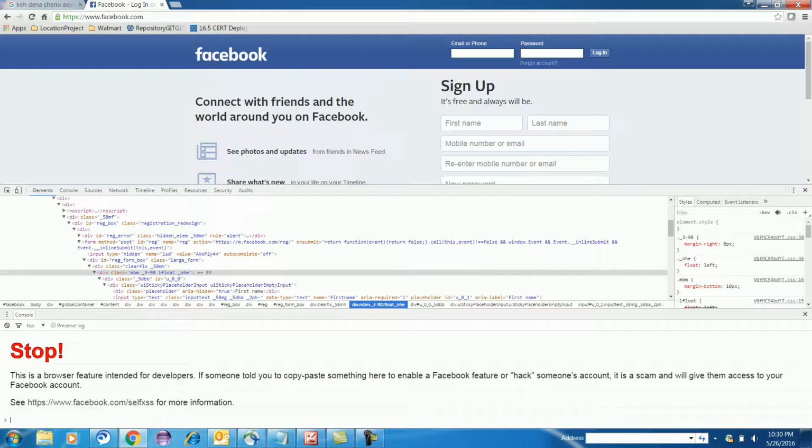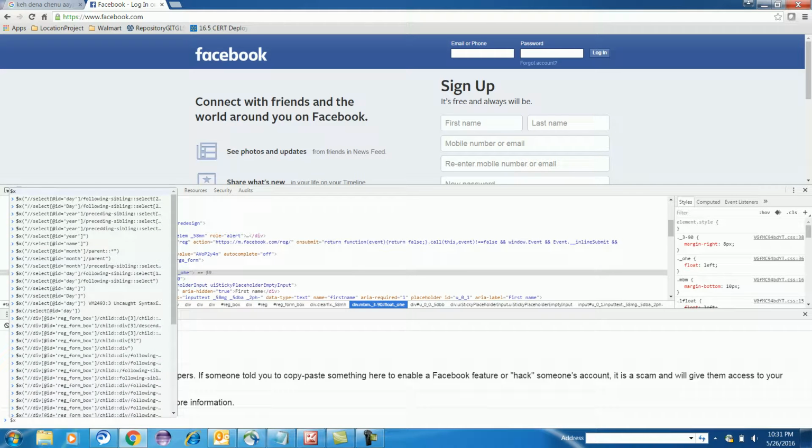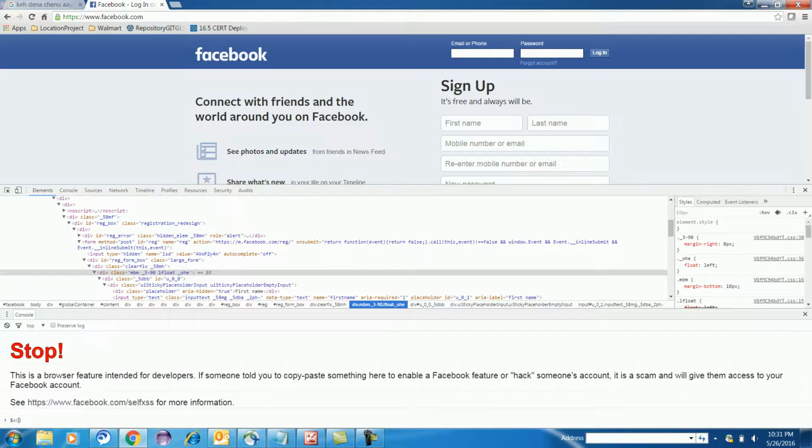So what I will do is, first, as I already told you, to test the XPath in Chrome, write $x, bracket, double quote, double slash, which is nothing but relative path. Here we will use relative path, we will not use the absolute path.